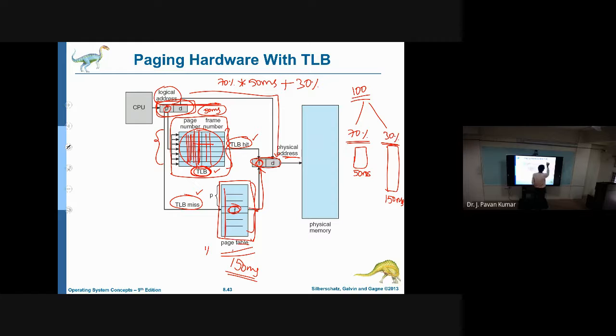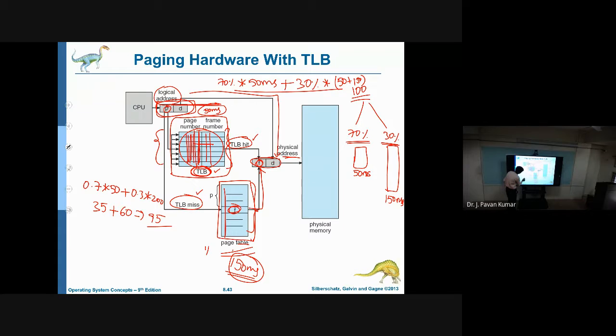Then only can we determine that we have to go to the page table. So for 30% of the time, we have to spend this 50 milliseconds, then only will we come to know it is not present. Then we go to the page table and spend 150 milliseconds to obtain the required page. So it will be 50 plus 150, which is the actual time. See, 70% we can consider as 0.7 multiplied by 50, plus 30%, which is 0.3 multiplied by 200. Now, what is this? This will be 35 plus 60, so the total is 95.